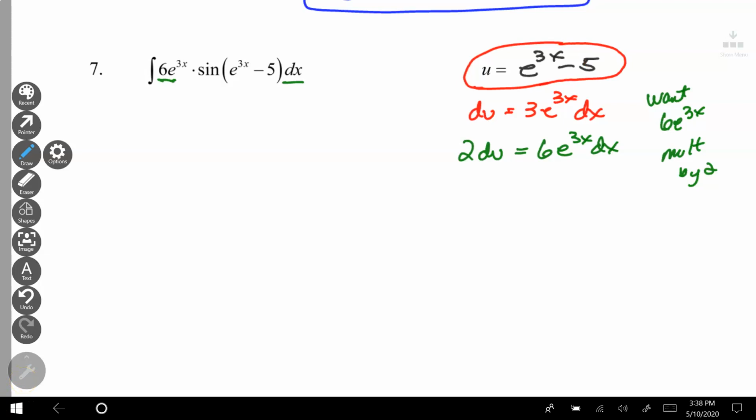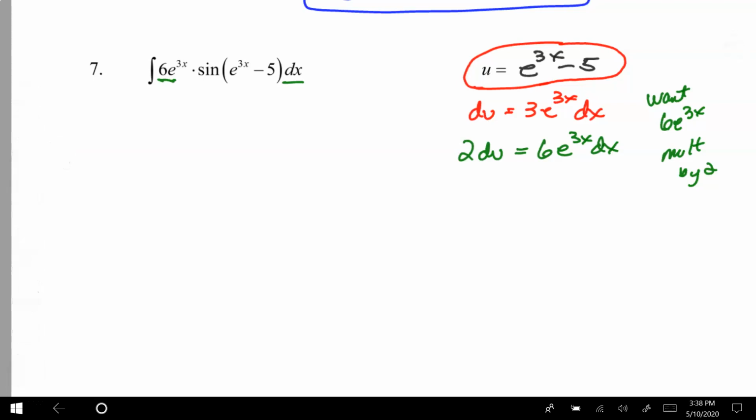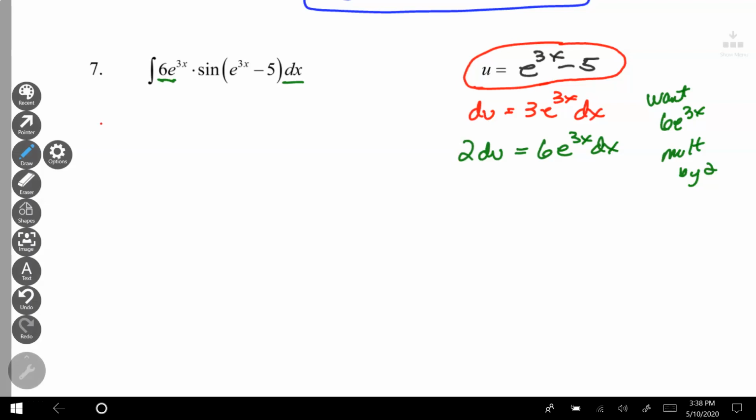So again, the u is the stuff inside the parentheses, e to the 3x minus 5. E to the 3x is really a chain rule, but it's a mini chain rule. We've done it enough that the derivative du is 3e to the 3x dx. I really want 6, so I multiply everything by 2. And I can rewrite this as